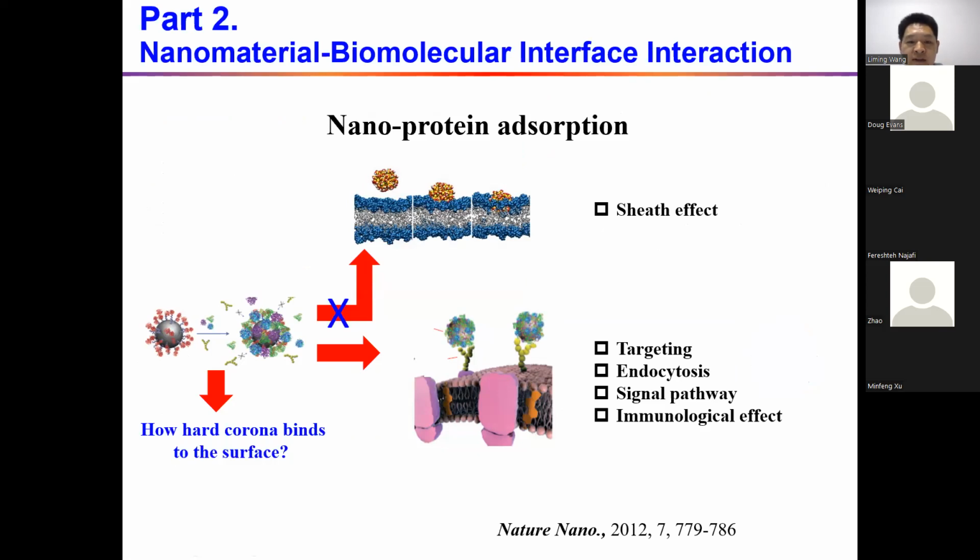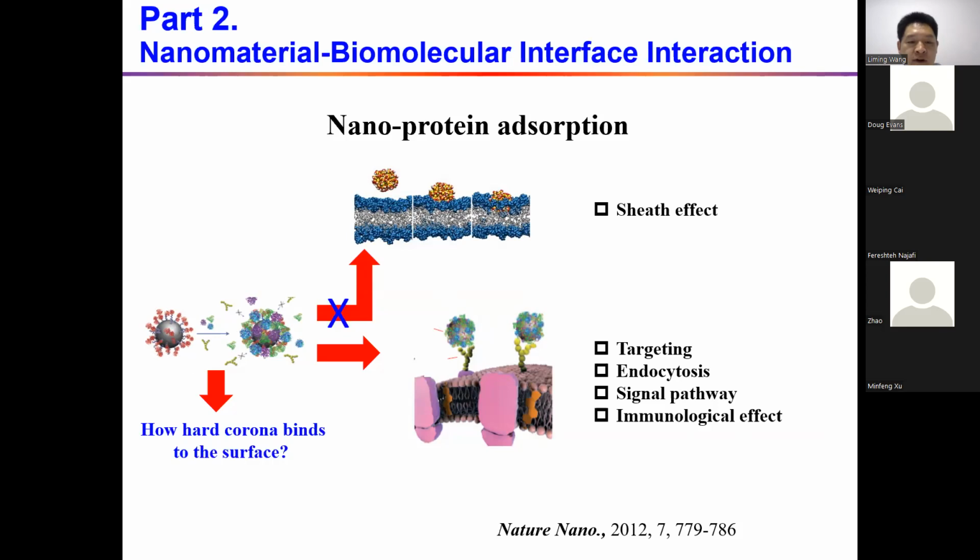interface studies. The first example is about nano-protein absorption and interaction. As we know, before nanoparticles interact with cells, they first interact with the proteins around the cells. Some proteins have a firm absorption on the surface, and some are loosely absorbed. The firmly absorbed proteins form the hard corona. Although we know the hard corona plays a very important role in preventing the toxic surface of nanomaterials, but the structure